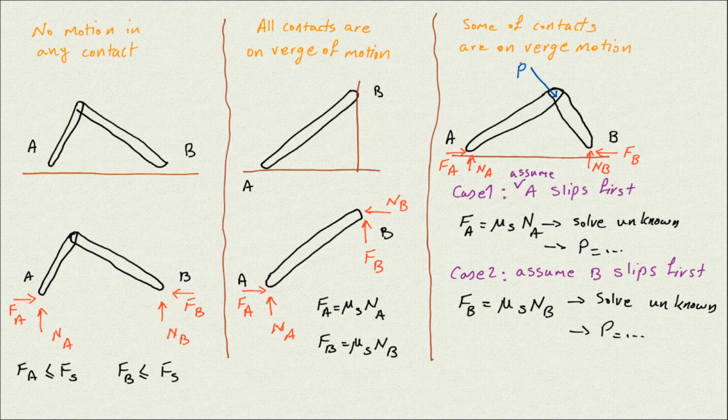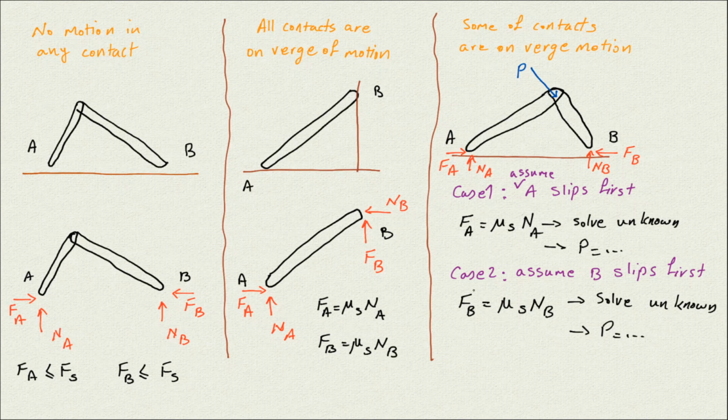For example, here we said that we want to know what's the maximum value of the P that causes either A or B to start to move. So in case one, we will assume A slips first, because A slips first, its friction becomes the maximum friction, and then we solve the entire body, and then we calculate P. Then we'll go ahead and say no, assume B is the one that's going to start to move